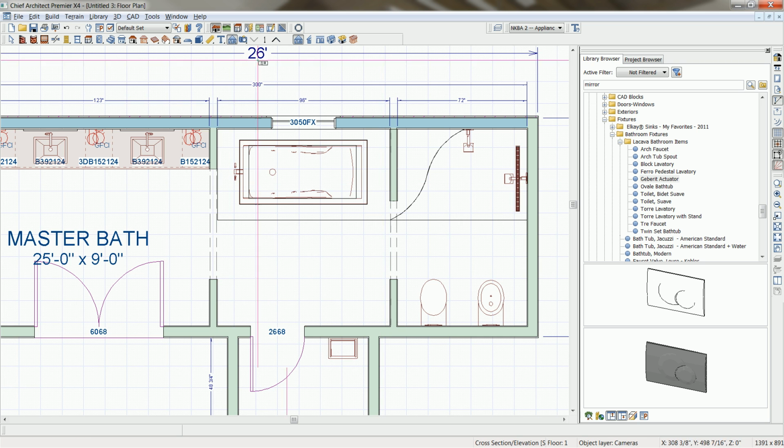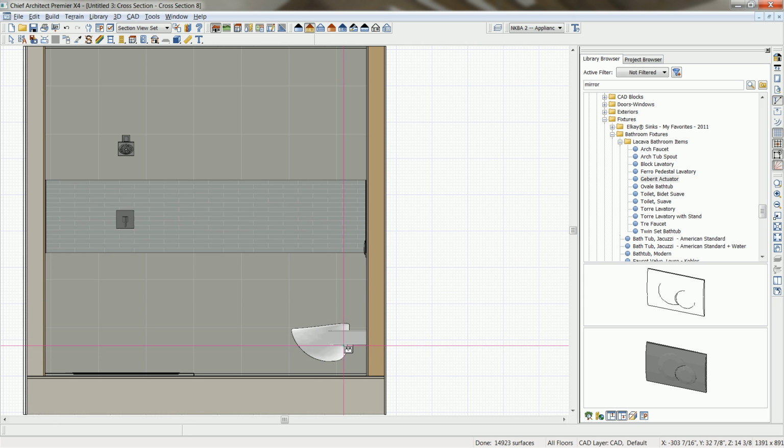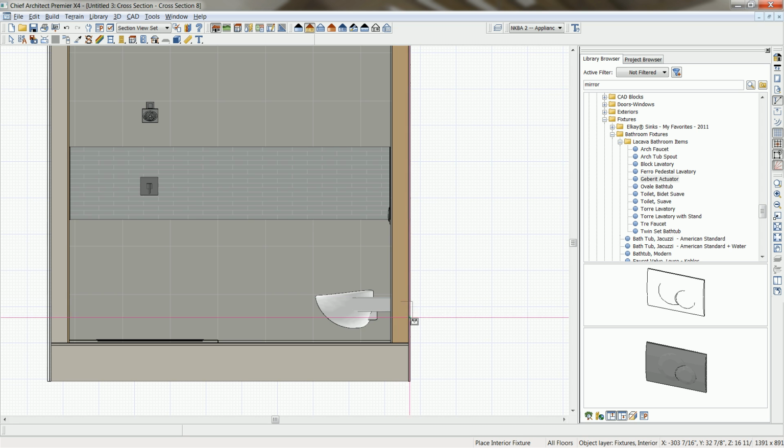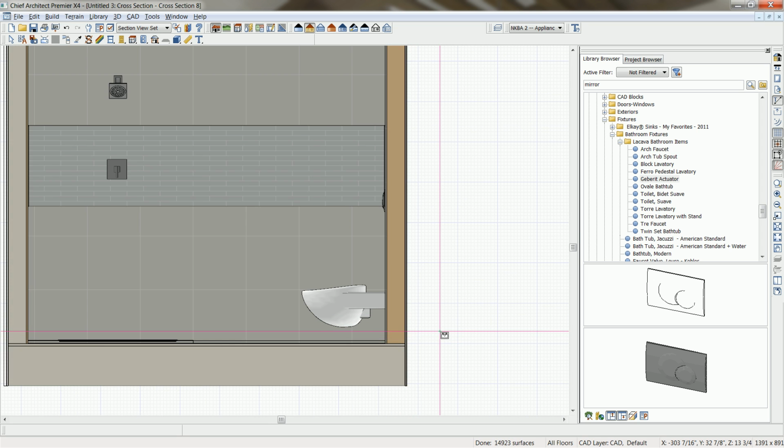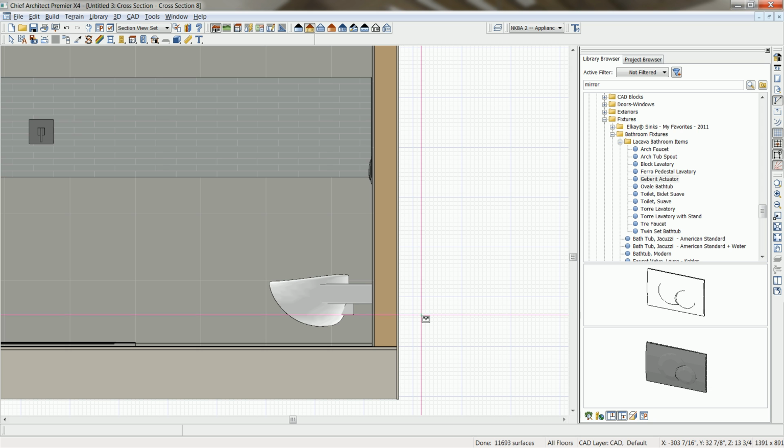our cross-section tool. I'm going to create a section that basically goes through the section on the end of this wall. And I know that this is our bidet and may not require the same tank requirements, but I'm going to assume that that's the same detail as our toilet. So I can go out to manufacturer websites and pull in CAD details. I can use the CAD tools in Chief Architect to draw my own, and then I can save those into